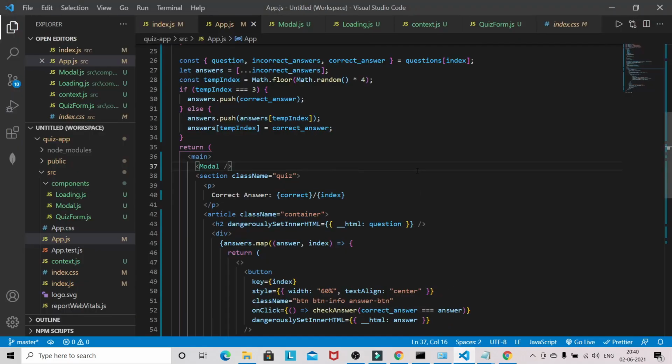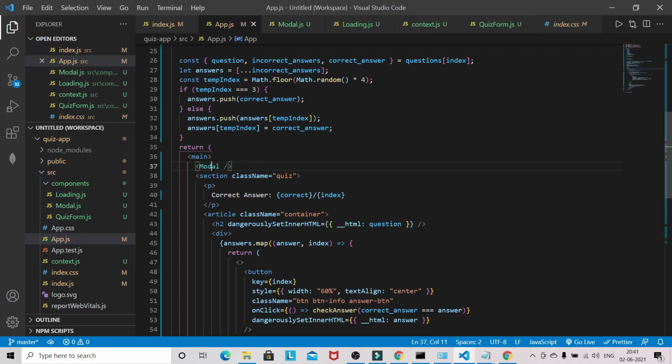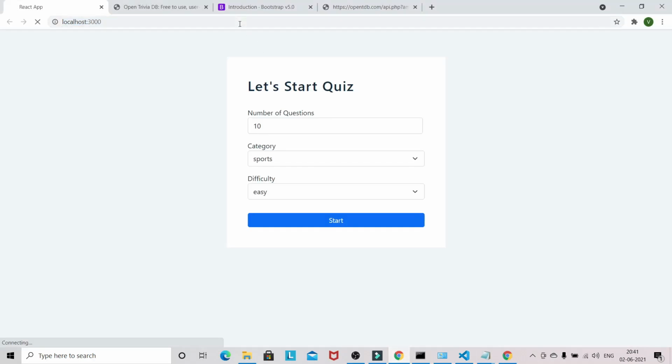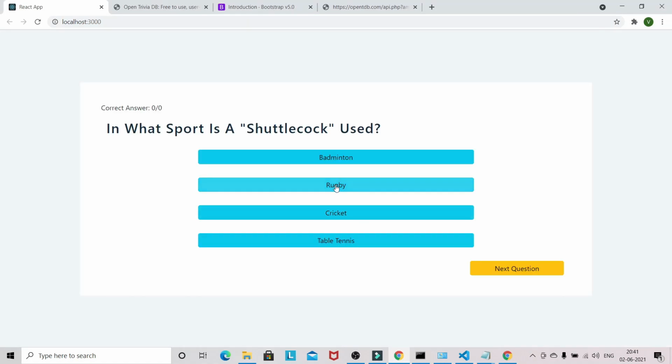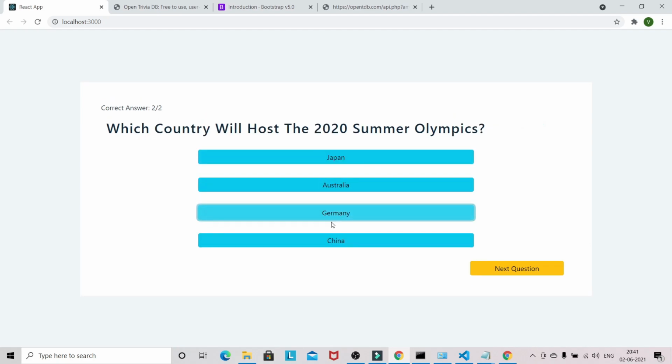So the issue was that after completing the model component you have to use the model in app.js. So here after the main tag you have to use the model. Okay, so let's start the quiz again. I'll give again 5 questions. In what sport is a shuttlecock used? So it is badminton. I don't know which country will host the 10.